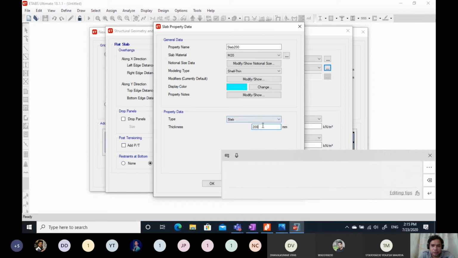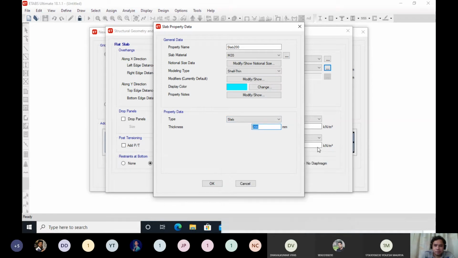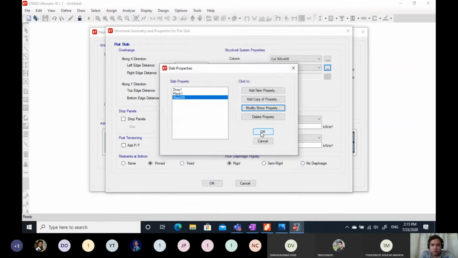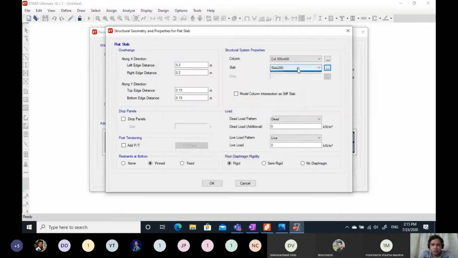If it is more than 200 you can change that. Click OK and click OK, and see this slab 200 is added.